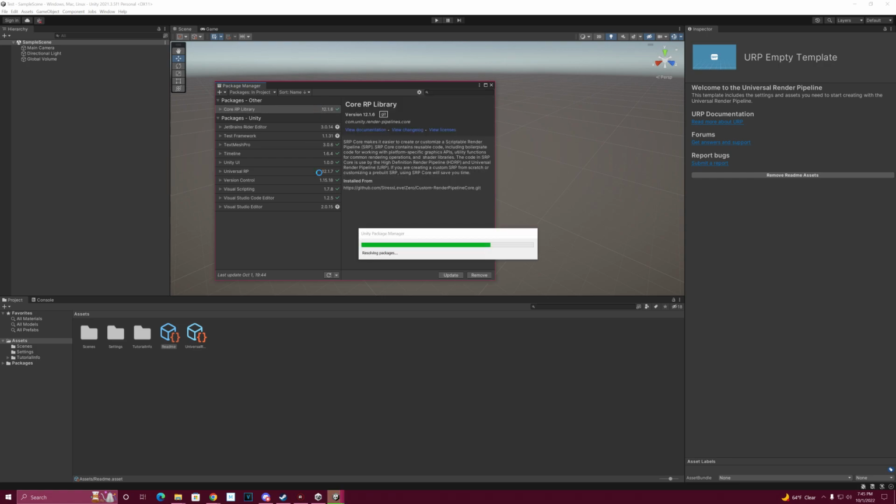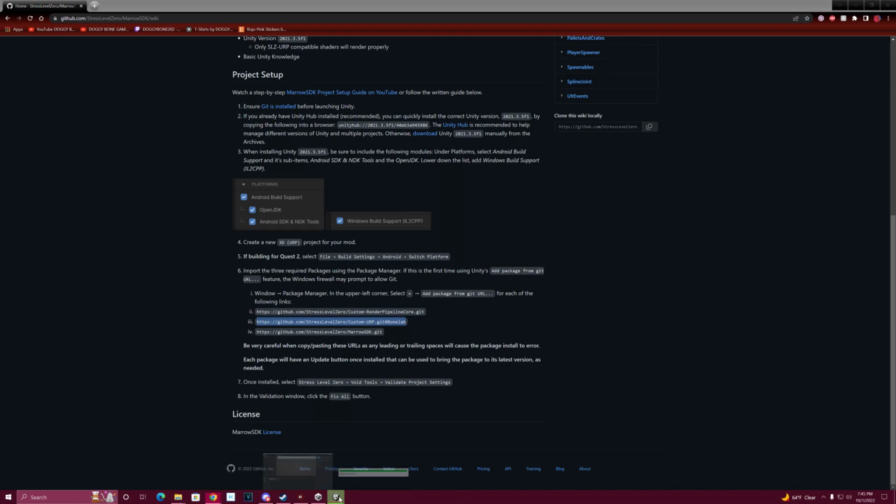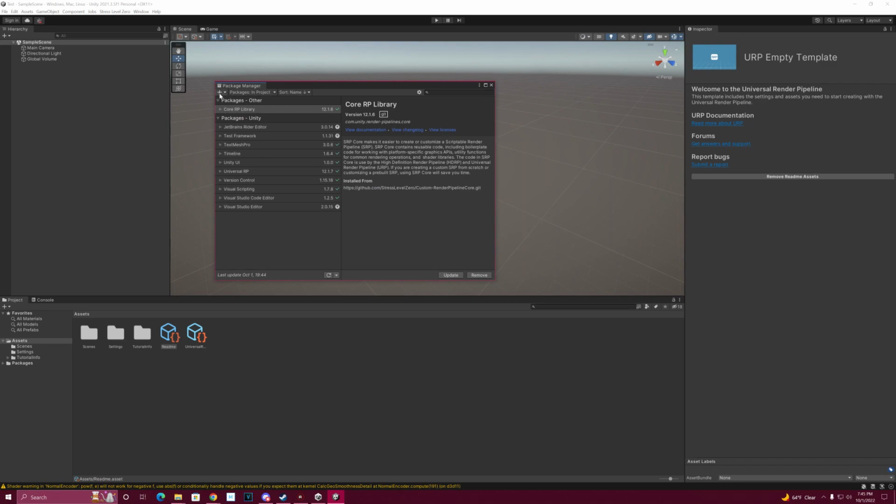While it's adding your package, go back to Chrome and start getting ready by highlighting the next link. Go back to Unity. I just minimized Chrome. There we go. But see, it's still adding the first package, so let it do its thing and add that package, but of course, get the second one ready. There we go. Once that first one is done,